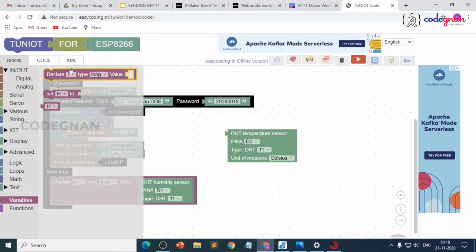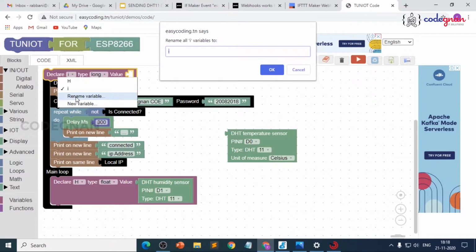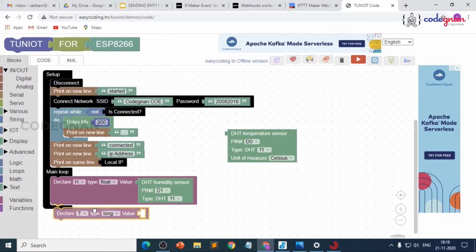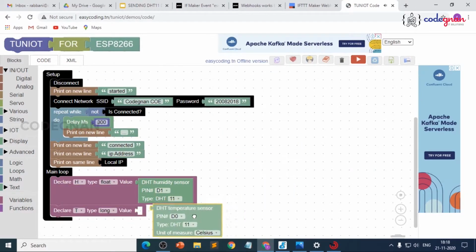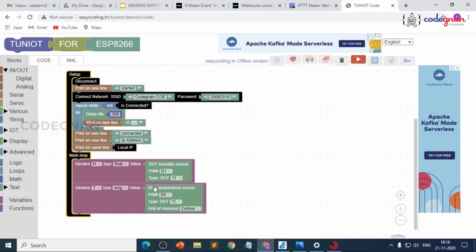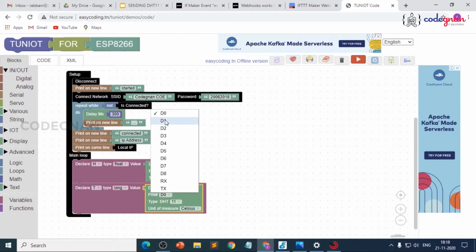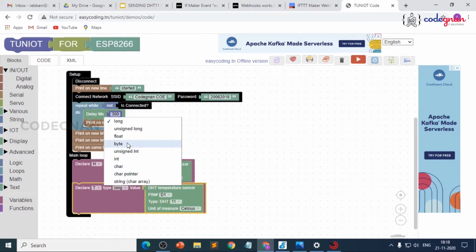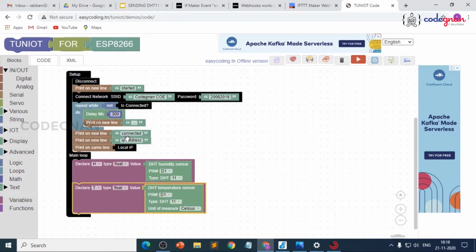And then go to variables, again declare a variable called T, and drag here and place the temperature sensor here. So now change to D1 and okay, type changes to float. Now we have declared the Wi-Fi connection, and now we have declared the sensors, and now we want to send our data